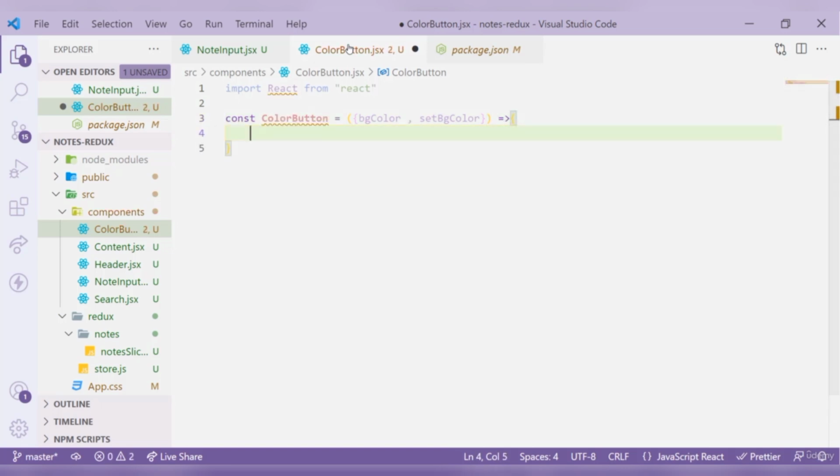Okay, so now we'll be creating an array of colors. So let's create a const, and this is going to be named colors. This is going to hold an array of color values that are going to start from red. So let's give the first color red, and then blue, green, purple, and black. All right, so these are our colors. Now after this, let's create a return statement,